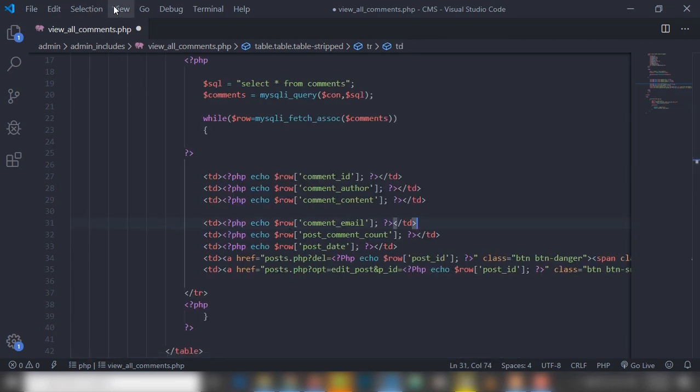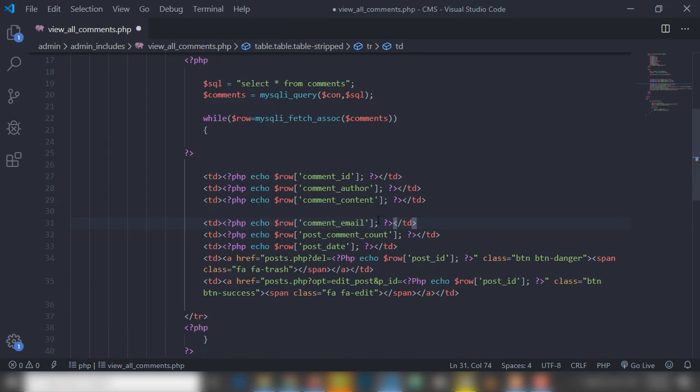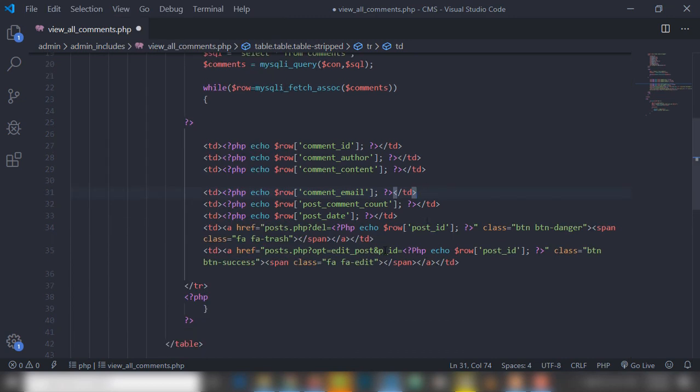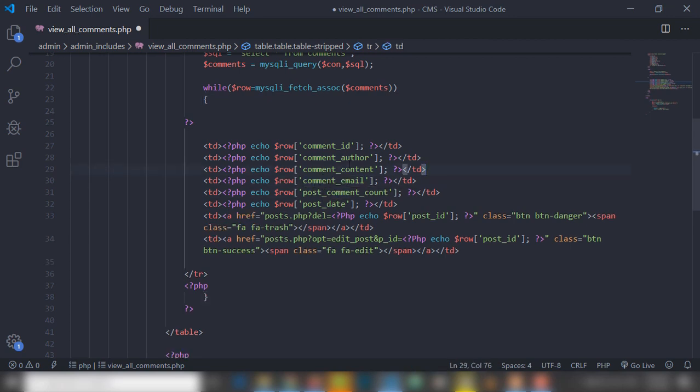right? And I'm going to use text wrapper to display the complete code inside our page. Comment ID, comment author, comment content, comment email, comment status. Those are database column names, right? And comment that,